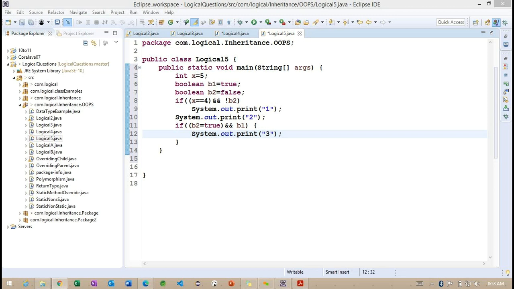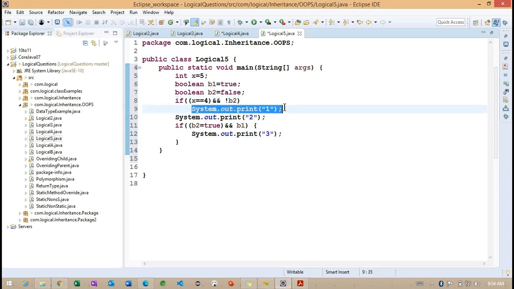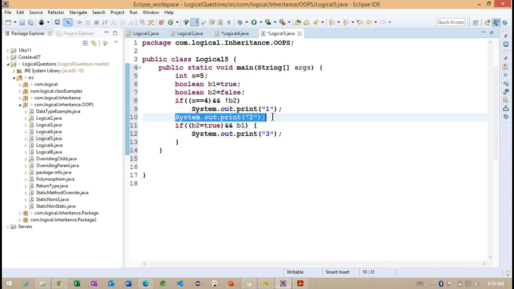So what about line number 9? The condition is false, sir, because of x equals 4, so this condition is returning false. If it is false, this is not going to execute. The output will print here and here.